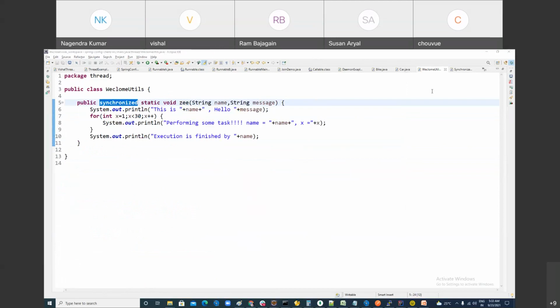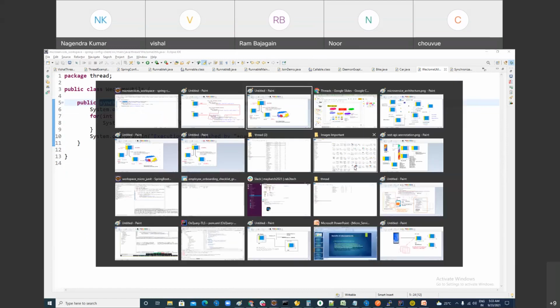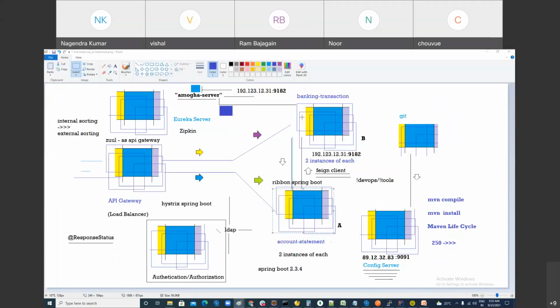What about other people? Noor, did you get it, or are you confused? I'm a little bit confused. Could you repeat that? What is the confusion? How it goes inside, the thing Vishal responded. If you see in the photo here,